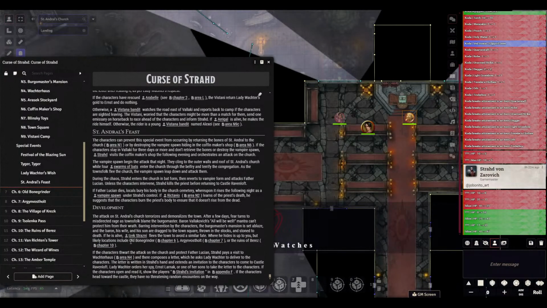I don't think any of this makes sense. Probably maybe Beras, the ruins. So we can say like, oh, he meets with Baba Lizaga and then joins her or helps her in some way. I don't know. If the characters thwart the attack on the church and protect Father Lucian, Strahd pays a